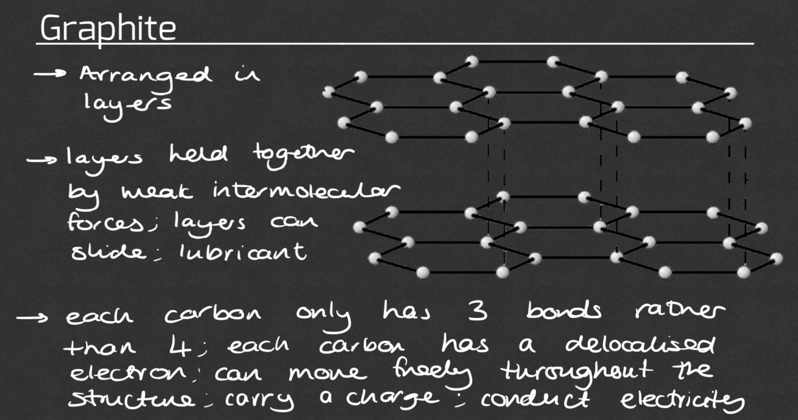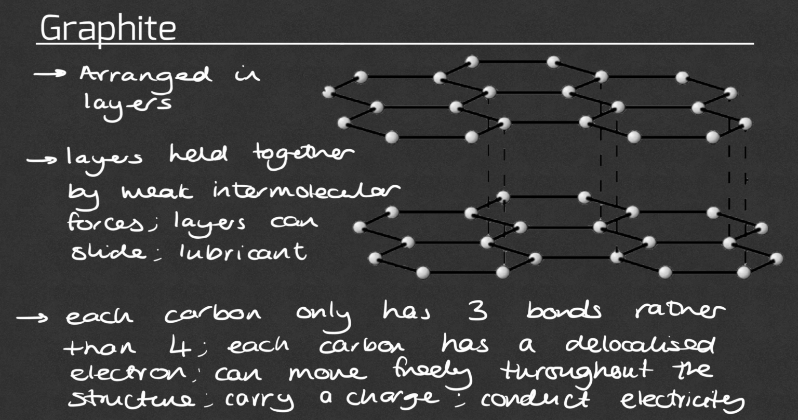In graphite, each carbon only has 3 bonds rather than 4. This means that each carbon has a delocalized electron, as it's only got 3 bonds rather than 4. So where that 4th bond is, there would be a delocalized electron instead. This delocalized electron can move freely throughout the structure, therefore it can carry a charge, which means graphite is able